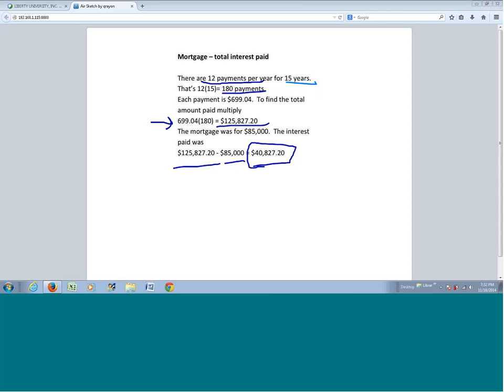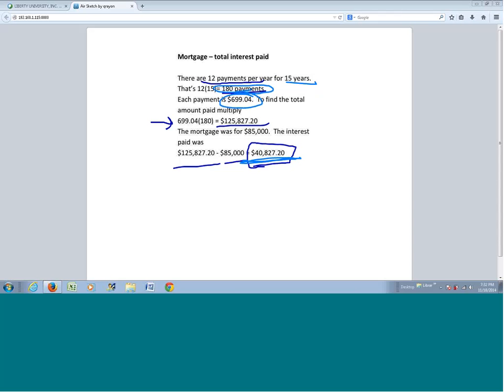The other way is to make fewer payments. Instead of 180 payments, sometimes people will pay like 13 payments a year to try to pay it off sooner, because then the interest won't be continually added as long. Of course, lowering your interest rate would lower the monthly payment, so that could be another way. So there's ways to try to decrease this number, but